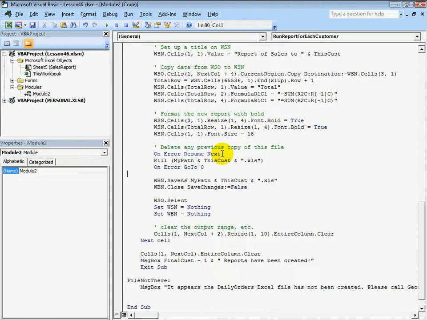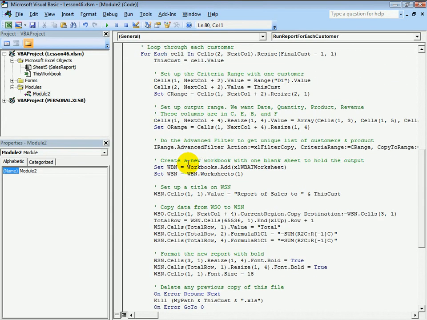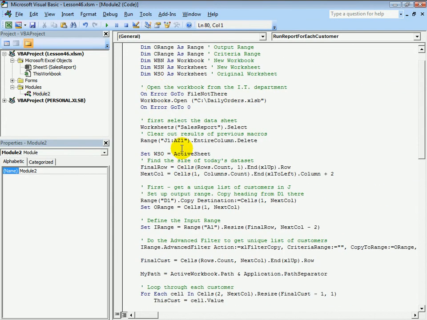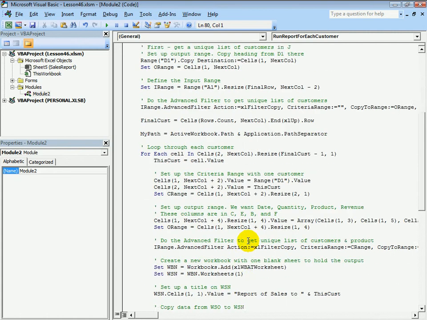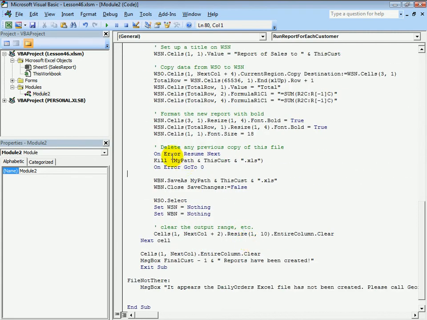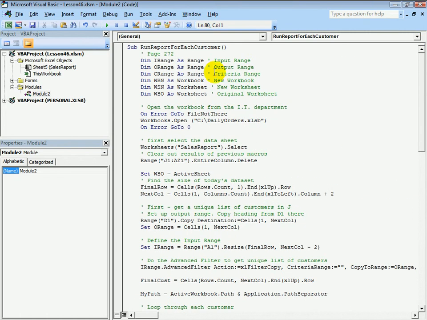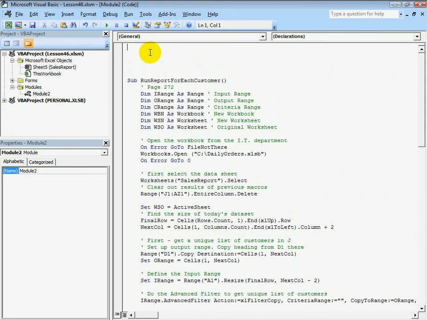It's just a disaster waiting to happen. All right, so those are the common uses of error handling. We set up a little section called file not there, and then after that line of code that might cause the error, go back to 0. Sometimes we know that we might get an error: on error resume next, and then on error go to 0. Another one that happens a few times,